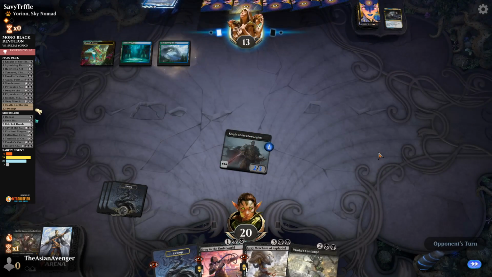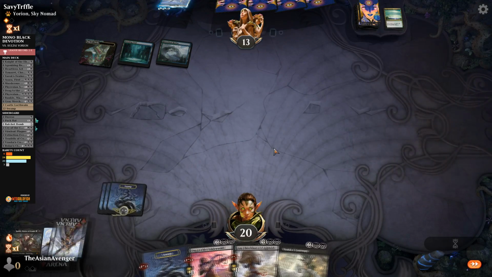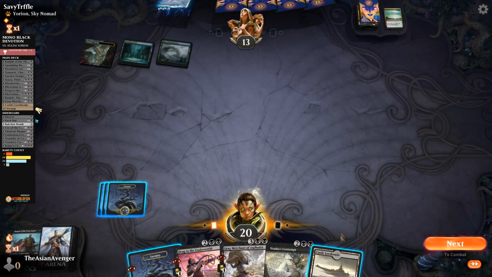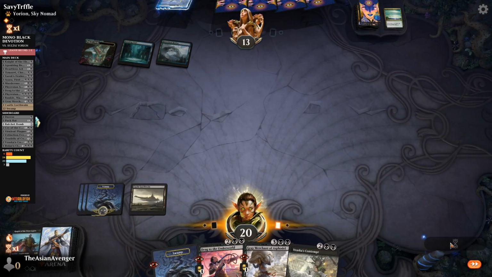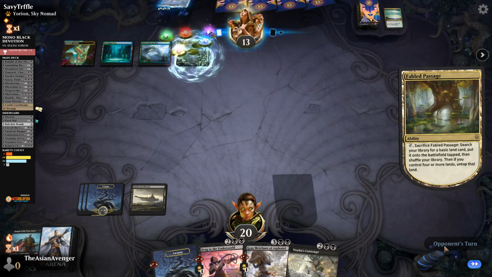So now, Knight of the Ebon Legion has grown. And sure, they can Maelstrom Pulse. That's unfortunate, but pretty good for them. I'm actually going to go ahead and play the Castle Locthwain because I do want to draw a card, right? They don't do anything. They're not going to do anything for quite some time, so...